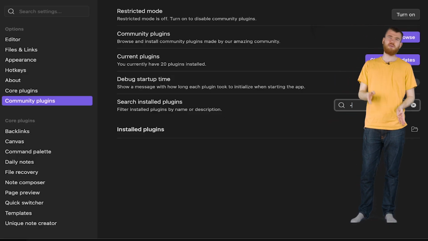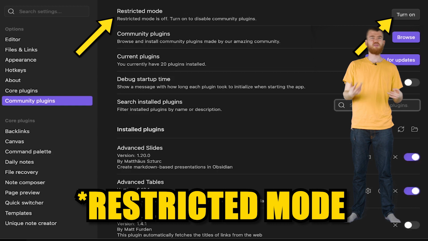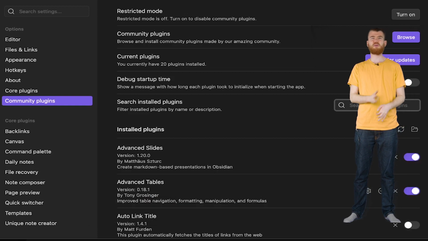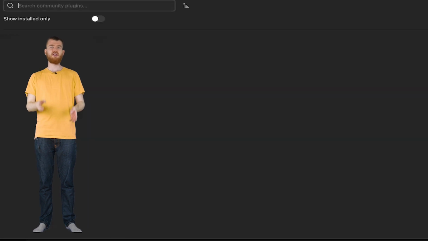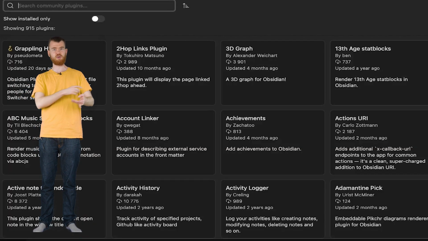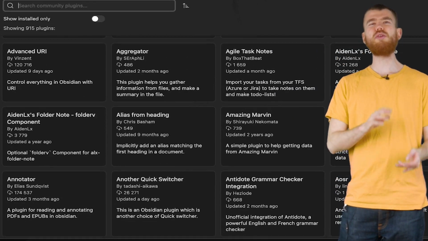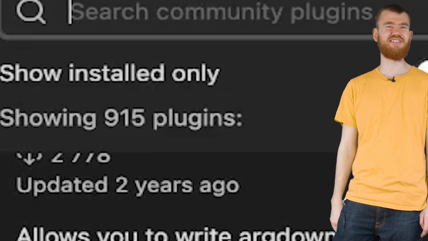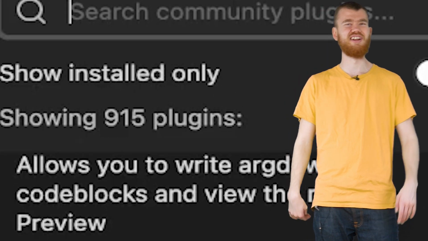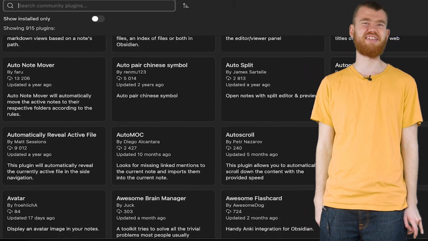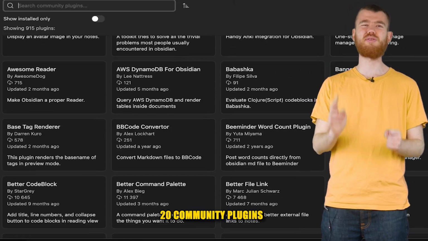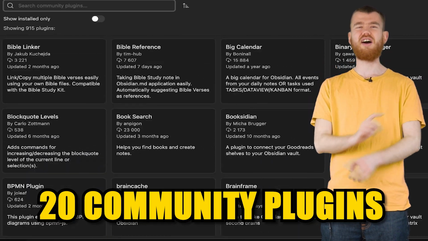You have to disable something called safe mode in order to download these community plugins because Obsidian themselves have not built them. But once you're not restricted, you can go into settings and see the community plugins and then browse. And as of April 2023, there are over 900 plugins, so we'll definitely not go through them all. And after hours of experimentation, I will now show you the 20 community plugins that I found to be the